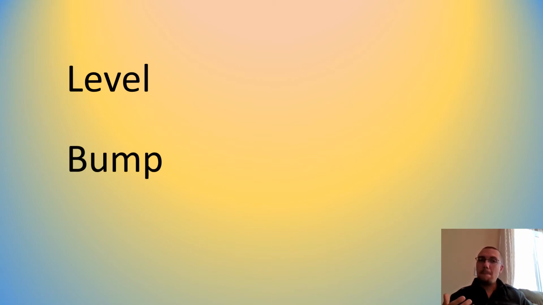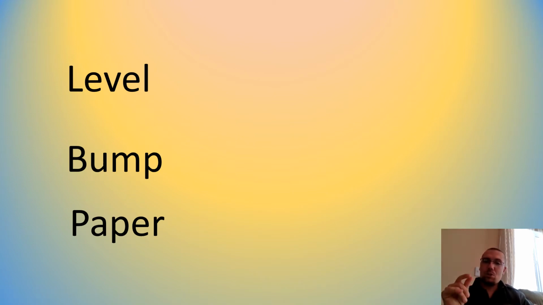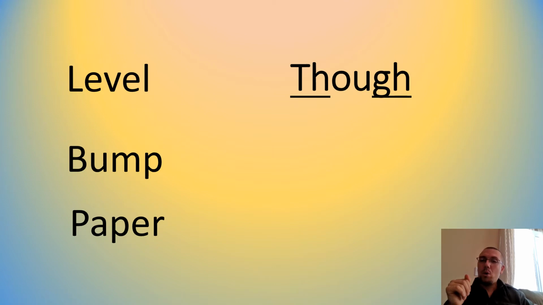Now, of course, there are many examples in English of words that are phonetic. For example, level, bump, and paper. Those are phonetic words, which means that I can know the alphabet and I can read those correctly. However, there are a lot of other words such as though. If I was to read this phonetically, it would be pronounced